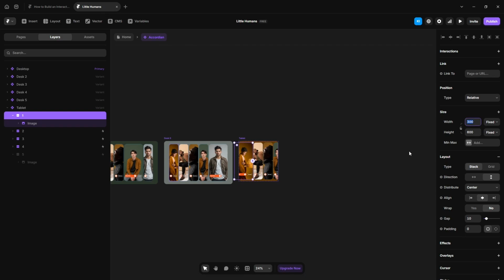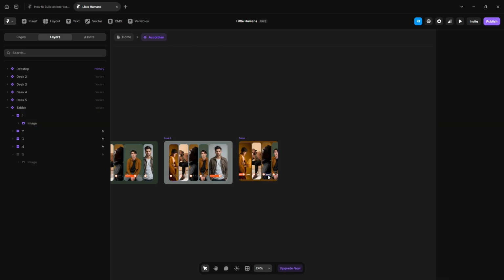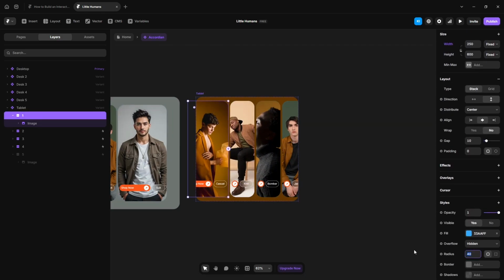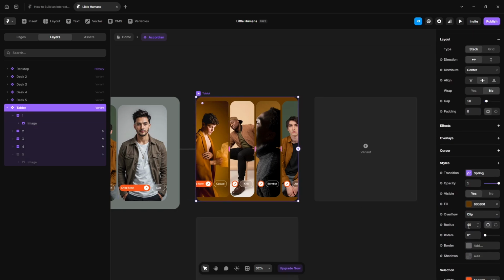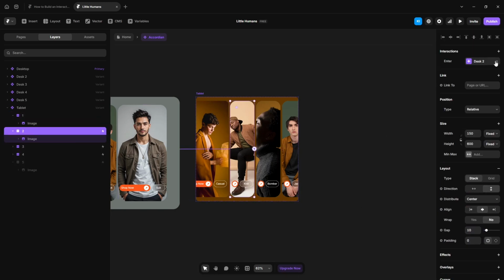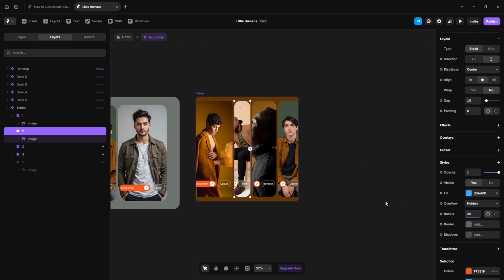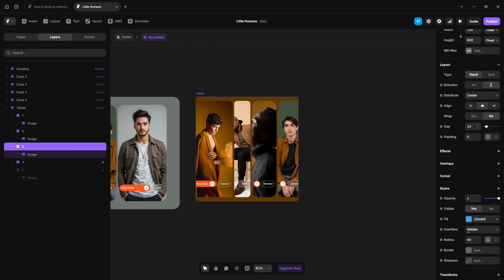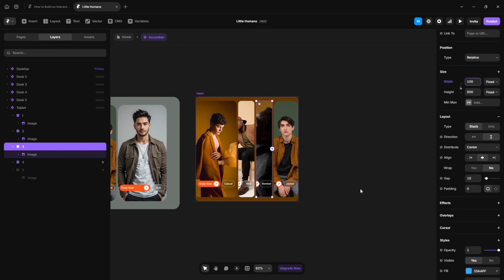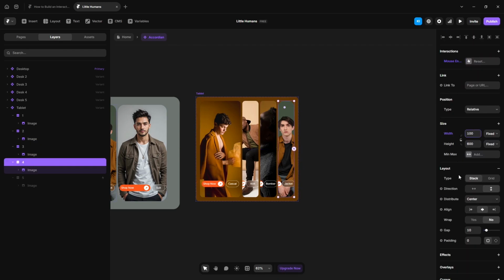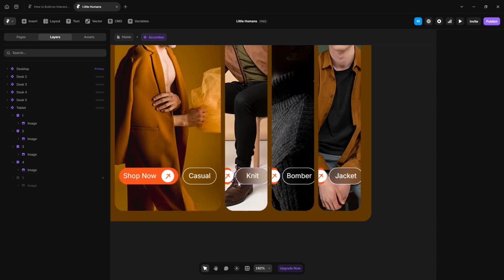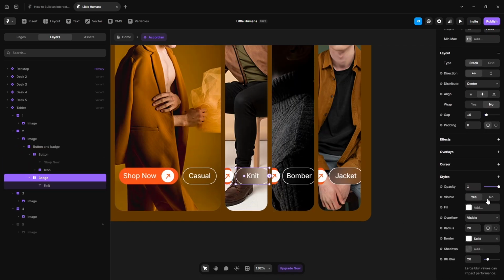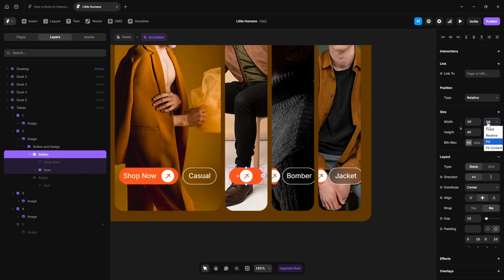Now select it, set the width 250, zoom in a bit, radius make it 20, also here make it 20. Now click here, remove this interaction with 100, radius 20, repeat this. Click here, visible, no, then click this button, set the width, fit content, height, fit content, remove its padding, then